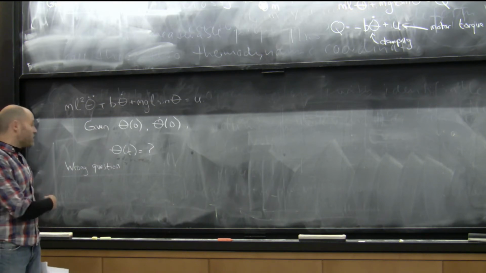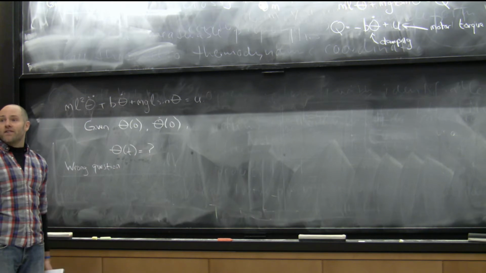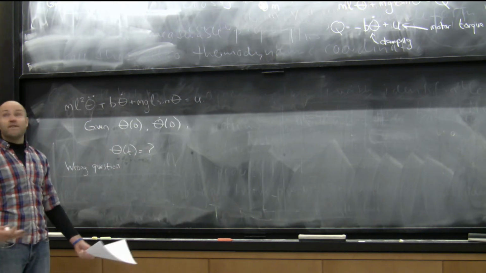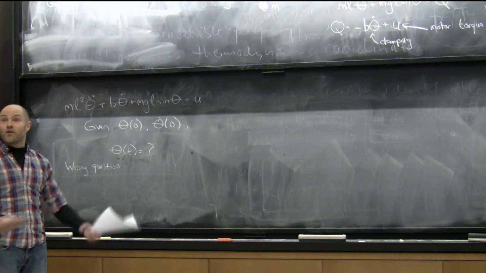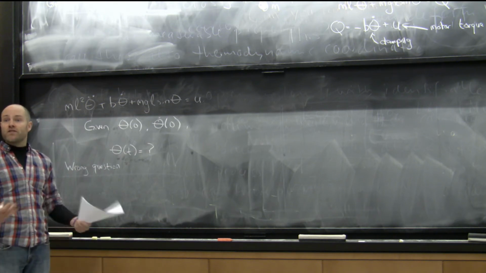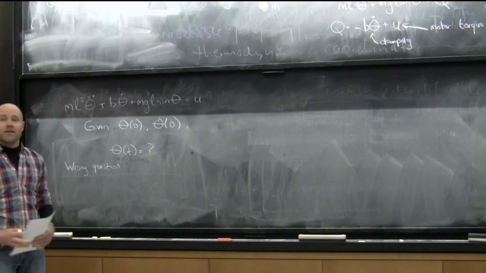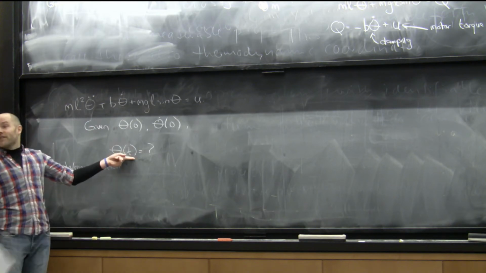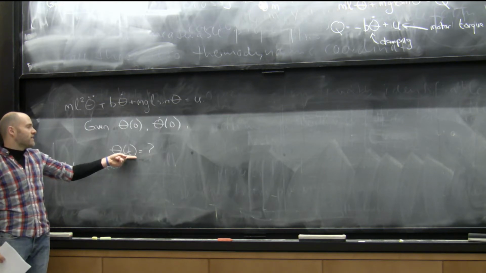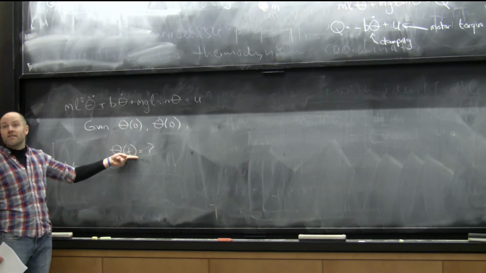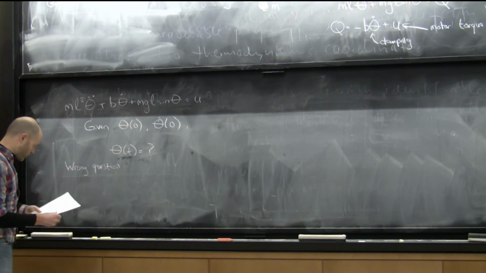And if it's an autonomous car, maybe what I care about is, is it ever going to visit a state that I consider to be bad, that's off the road, or in collision with another vehicle? These are questions that you can potentially answer, even though you can't answer this question. And that's going to be a key idea here: solving the differential equation explicitly is not a prerequisite to understanding a lot of things about the system. Okay, so